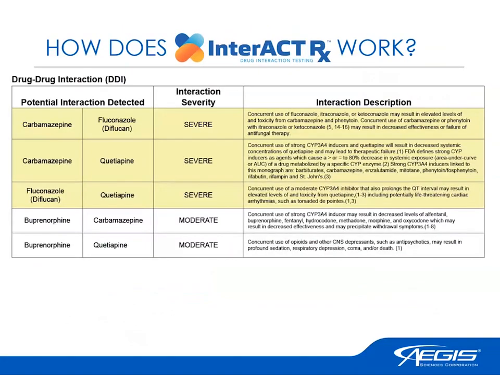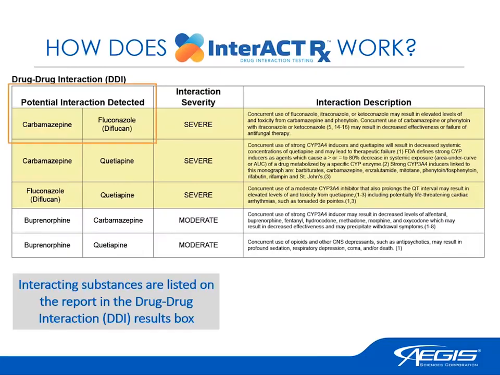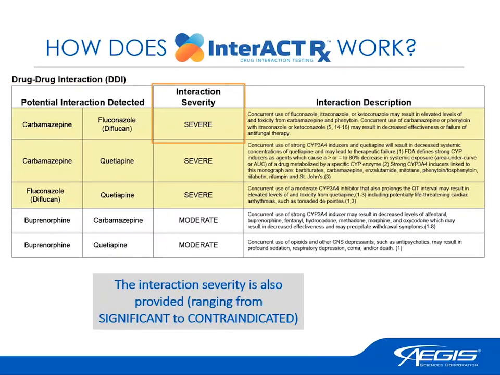Let's take a closer look at how InterACT Rx results are reported. Below the medication compliance box on an Aegis report is the drug-drug interaction or DDI box if this testing is ordered. Substances that are identified as present and involved in a drug interaction are reported here. So first, the pair of interacting substances is listed, followed by the interaction severity, which ranges from significant, which is kind of a lower level of concern, all the way up to contraindicated, meaning these substances should never be used